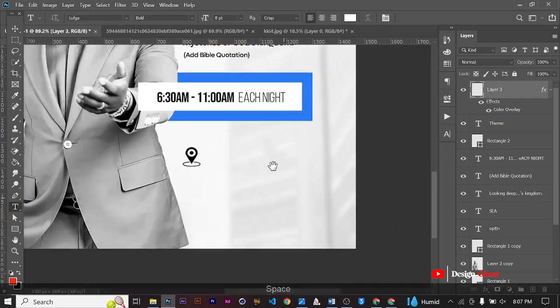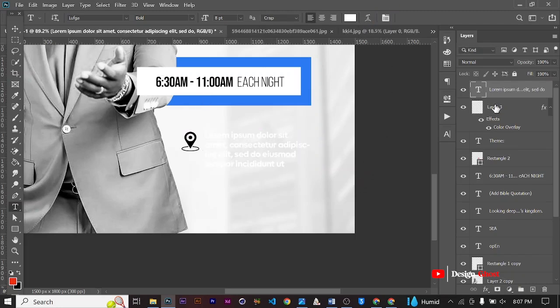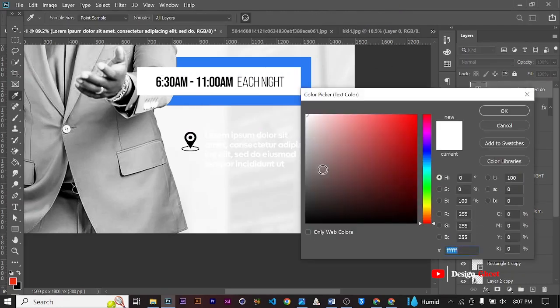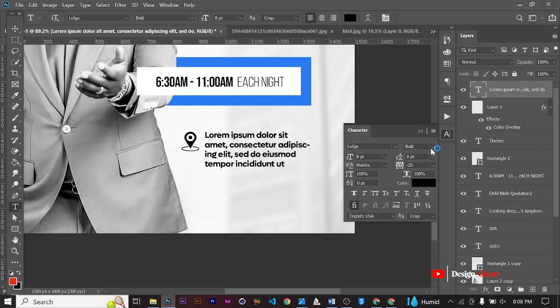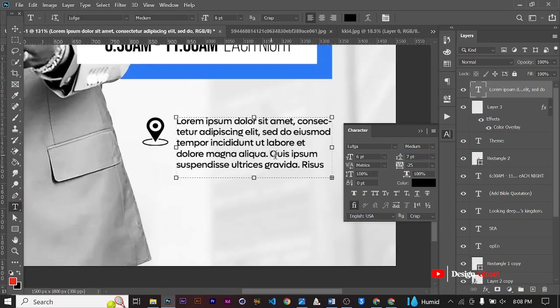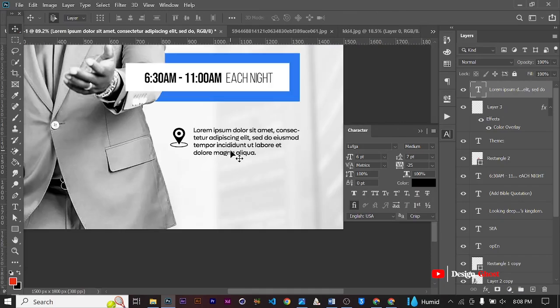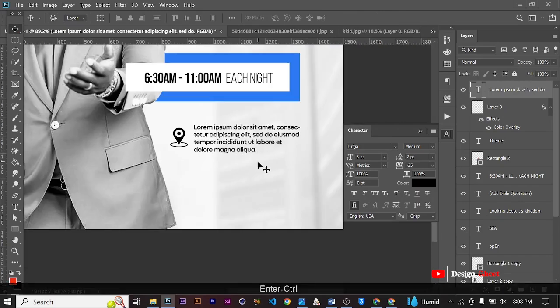Then we are going to grab our text tool and make a default text, which is going to be location, and we are going to choose black. It has already selected Lufga, so we are going to use medium or regular, and we are going to decrease the size to about 6 and the height to about 7, and we are going to delete the excess, leaving the rest. So this is going to be location,